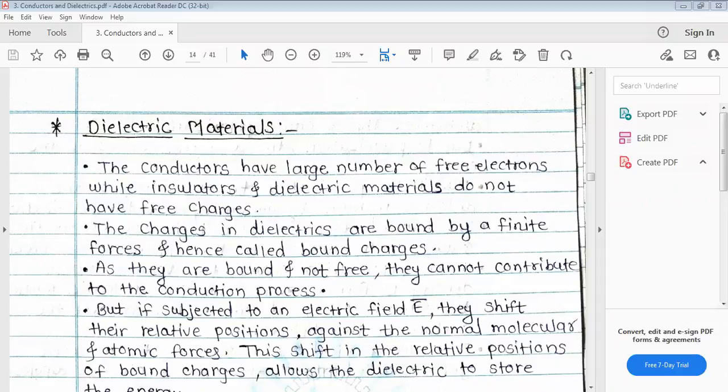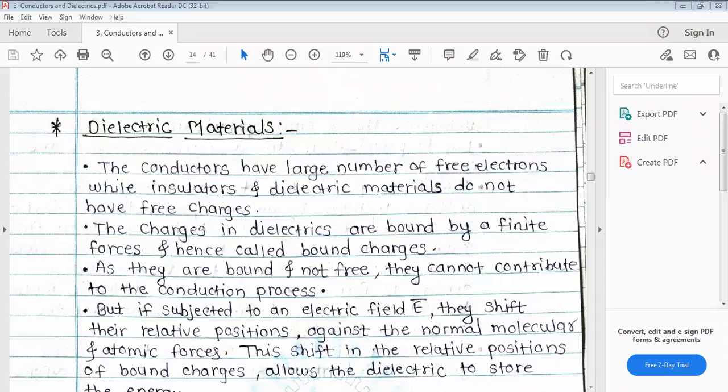Okay, म्हणजे dielectric material हे insulation पेक्षा थोडी above category. You can consider first conductors, then dielectric materials, and then your insulators. So when we are giving an external field or electric field, whatever atom is there,